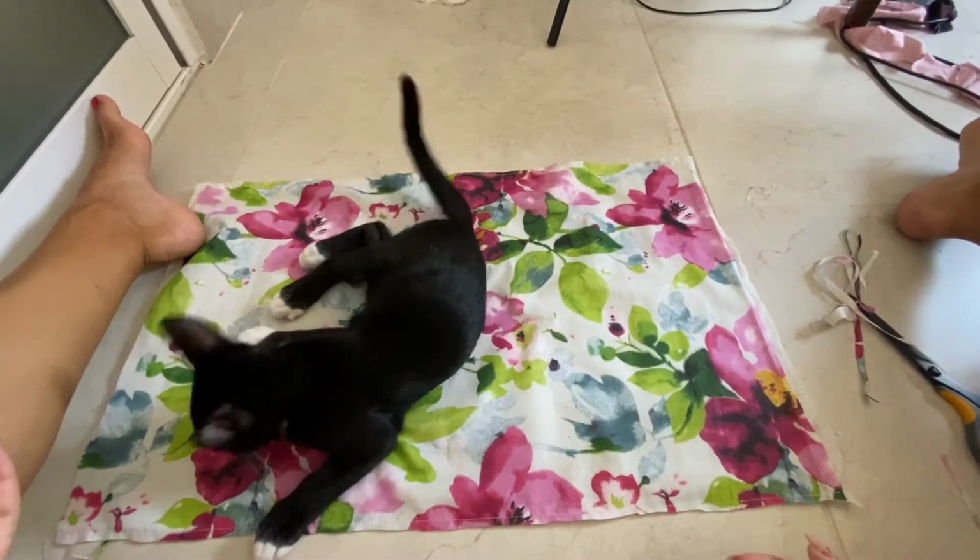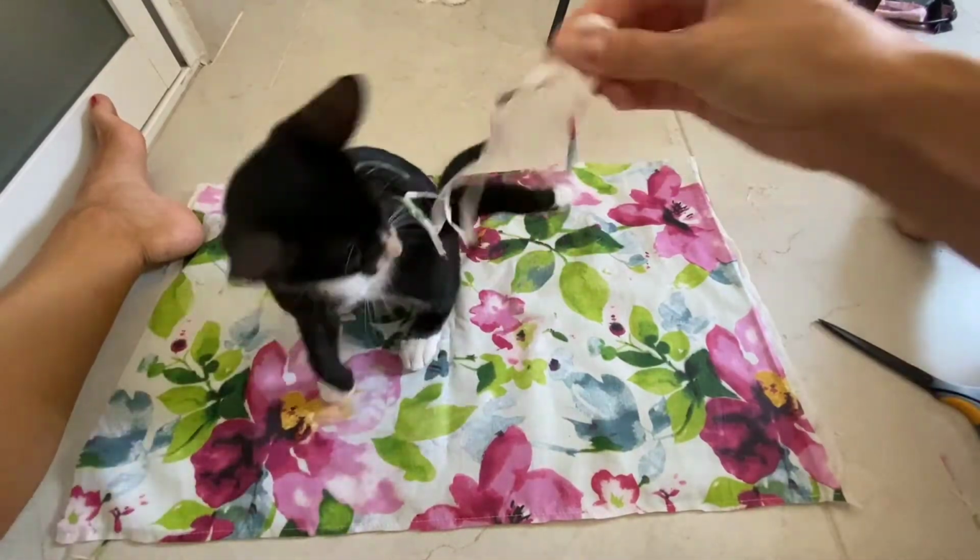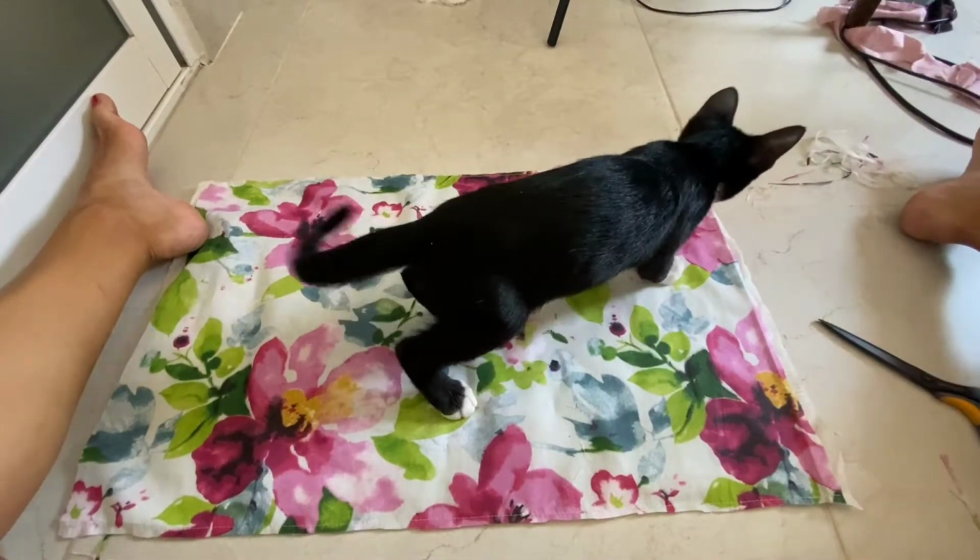for the straps. This is my cat, don't mind him. He likes to, well, not really help, he likes to do everything but help when I do this, but he's